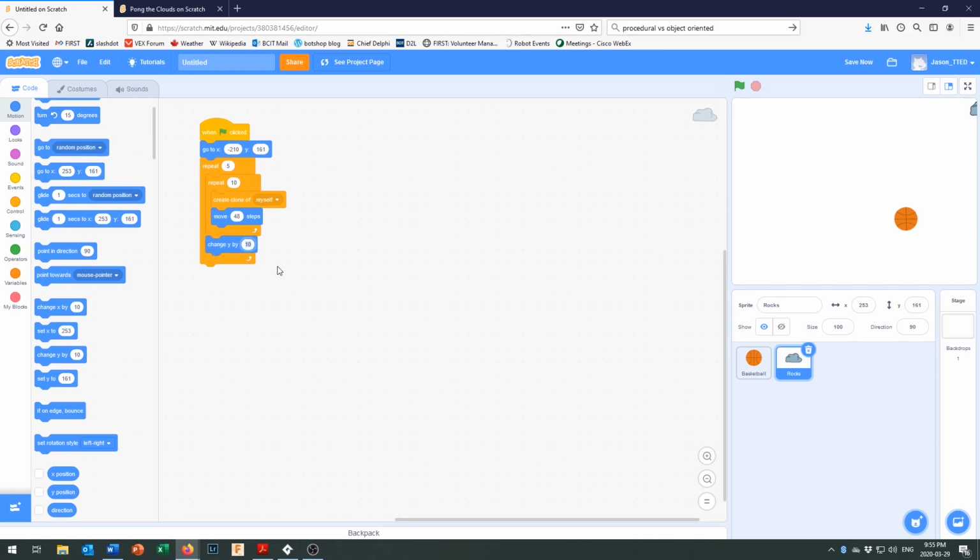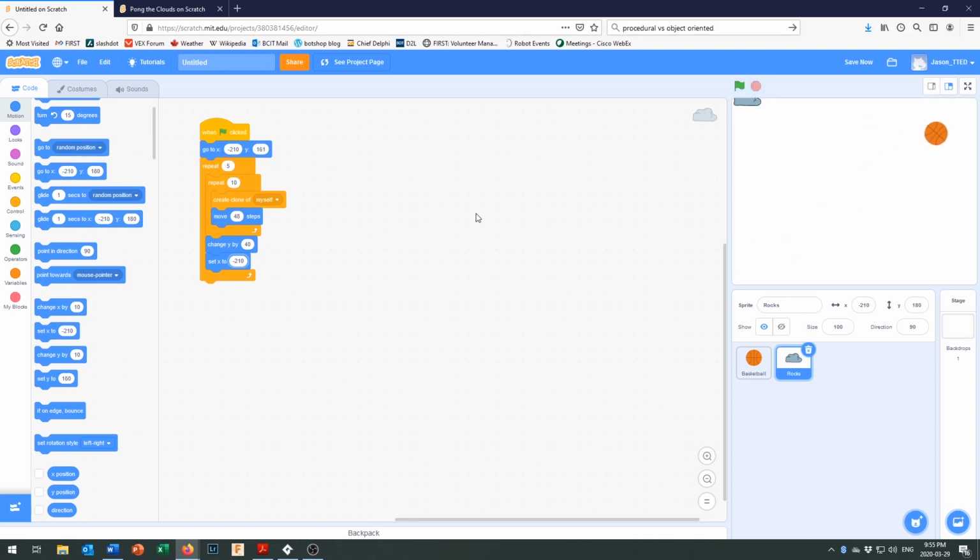We want to drop that down, let's say 40 spaces. And then we want to set the X position back to minus 210 to bring it back onto this side of the screen